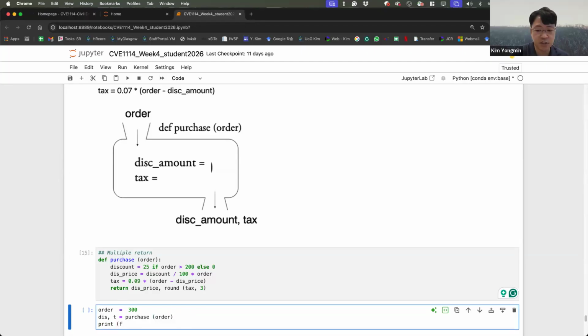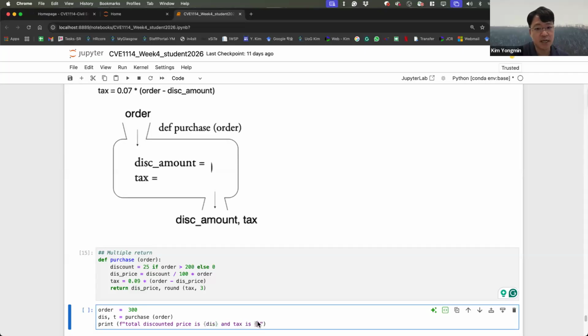Print. I'm going to use an f-string. Total discounted price is this, and tax is this. Total discounted price would be this.